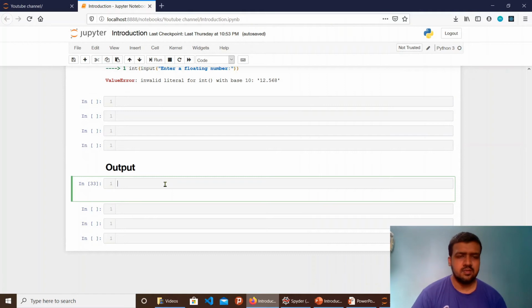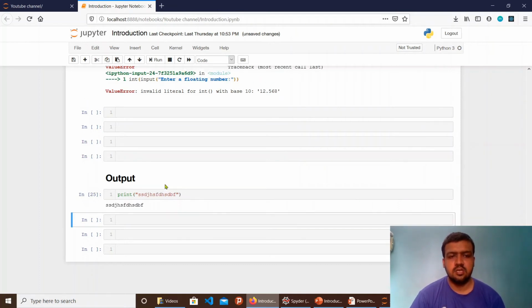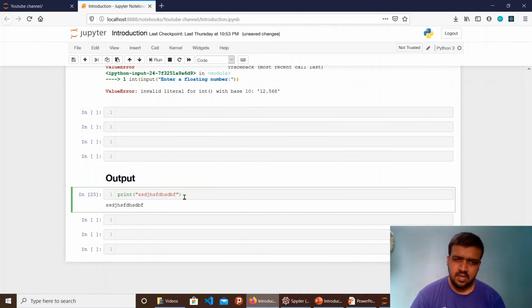So as we already know how to give an output in Python, we use this print function. Whatever we give in this print, let's say I give a random text, it will output it. That's very easy in Python, as compared to other languages like C, where